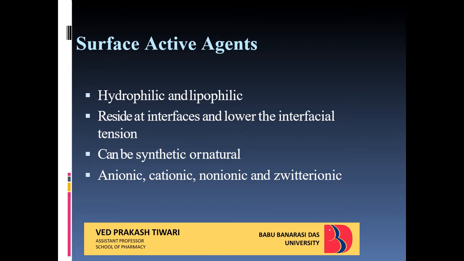When we talk about surface active agents, we can say that molecules and ions that are adsorbed at the interface are termed surface active agents or surfactants. In the physical sense, surface active agents are defined as substances which reduce the interfacial tension. In the chemical sense, surface active agents are defined as polymer-like substances which have both polar and non-polar groups so that they remain at the interface.